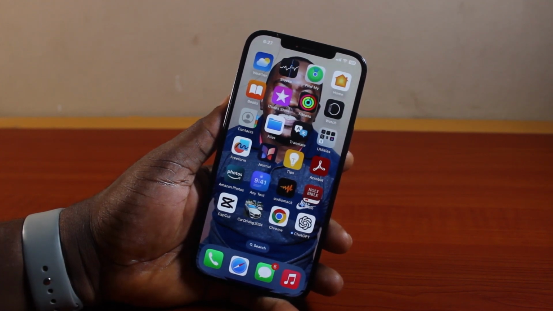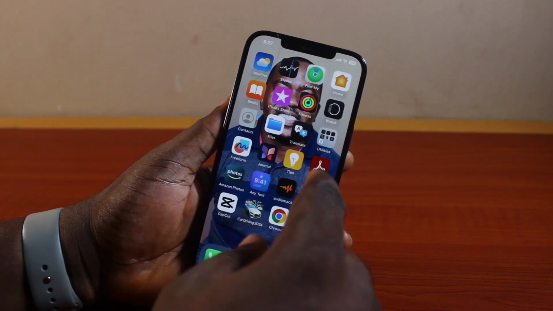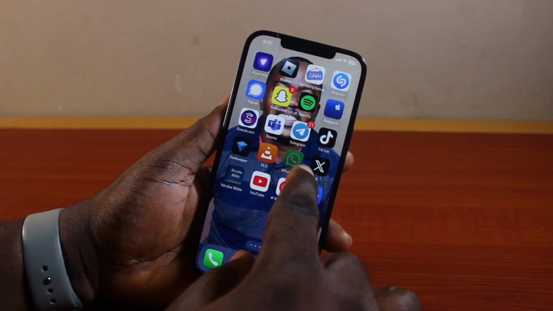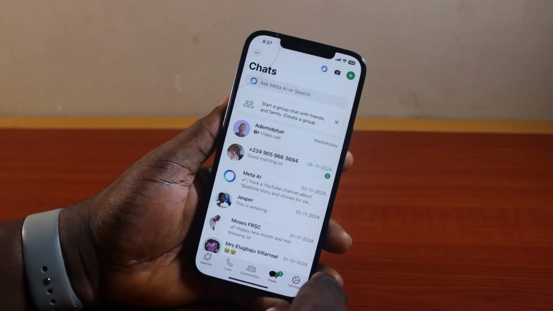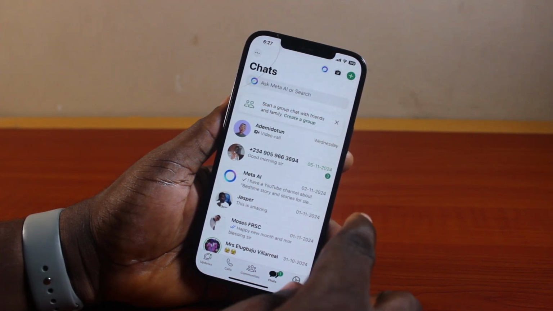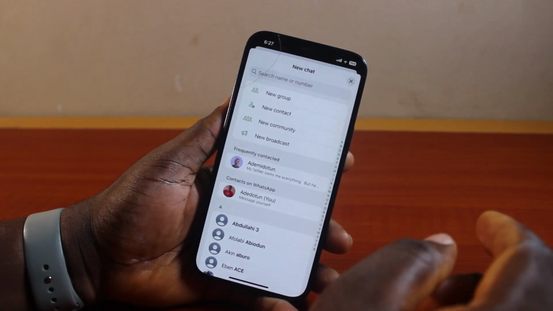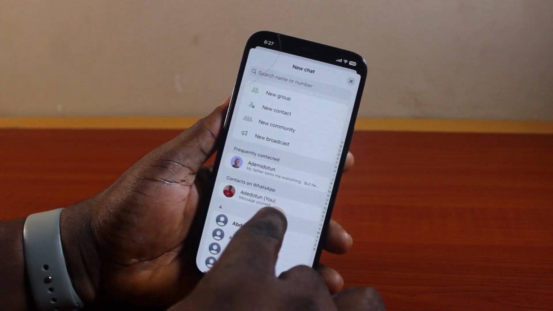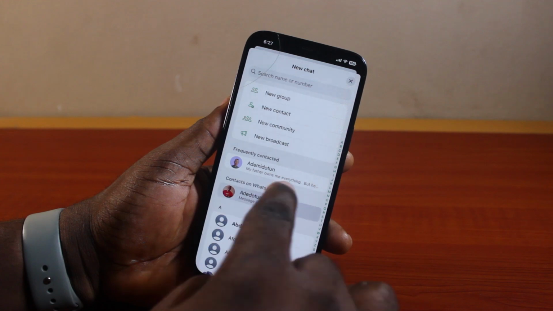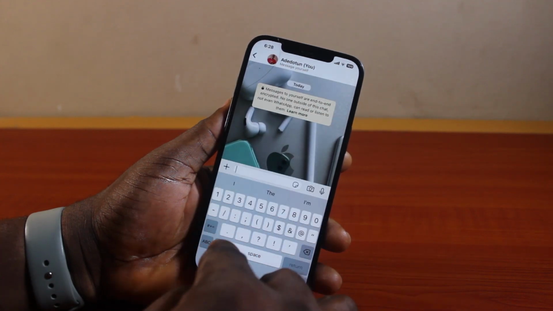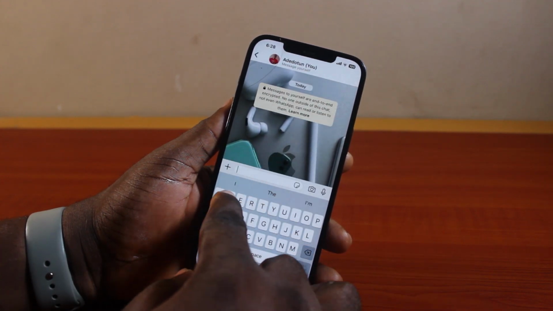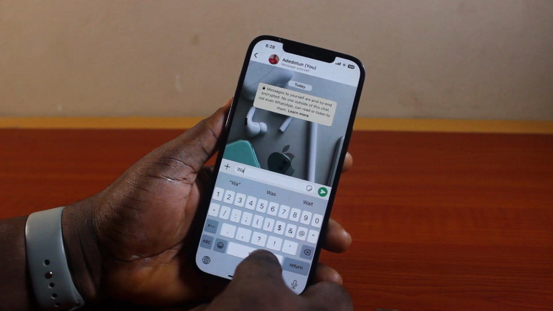Now, to get a WhatsApp link, all you need to do is go ahead and open the WhatsApp app on your phone. This could be on Android or on iPhone. So if you're using an Android, click on the plus icon at the bottom right. On iPhone, click on the plus icon at the top right. Then you should see message me. Then go ahead and click on message yourself here. Now, while you are on your profile page, just type wa.me